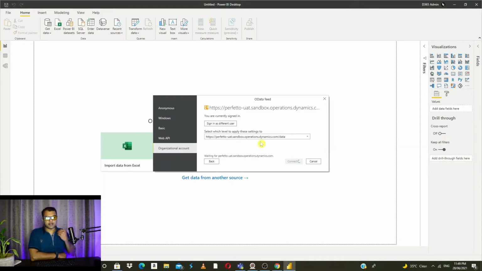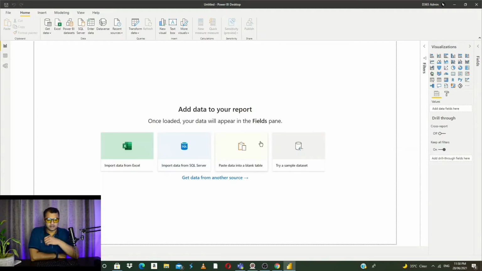Now it will try to connect with your Finance and Operations environment. Once the connection is done, it will show you all the tables which are available for you to utilize for your report creation. Right now it is loading. Let's wait for it.